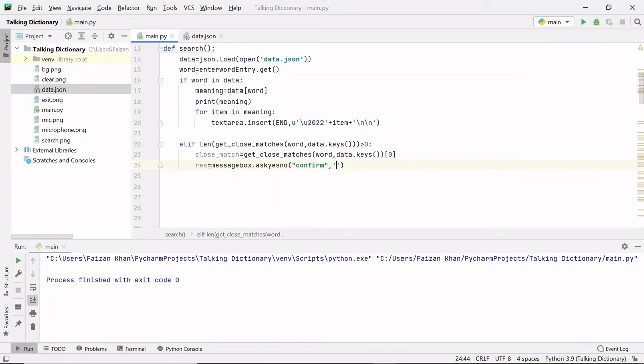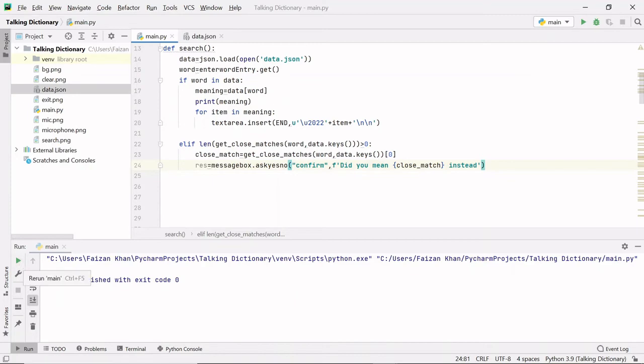Before this single quote, you need to write the letter f, and after that whatever string you want to write, like did you mean, and then the variable name has to be inside curly braces, so close match, and then after that another string, instead. The variable name has to be inside curly braces, and the other things can be written simply like this. So this way you can also use a string with a variable name.